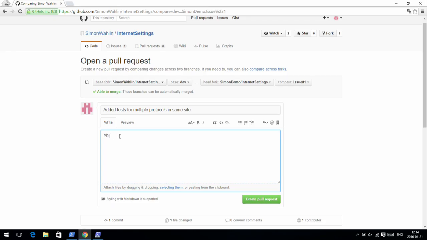So, PR referenced in number 1. In pull requests, I have this way of referencing other stuff. If I do a hashtag and a number, it'll reference an issue or another pull request, or I can reference a specific commit. In this case, you see that I get IntelliSense telling me that this is the issue that I will link to. And once I create a pull request,